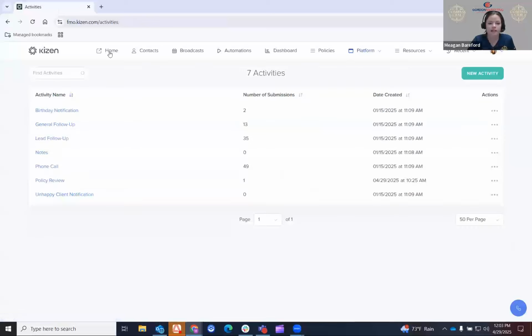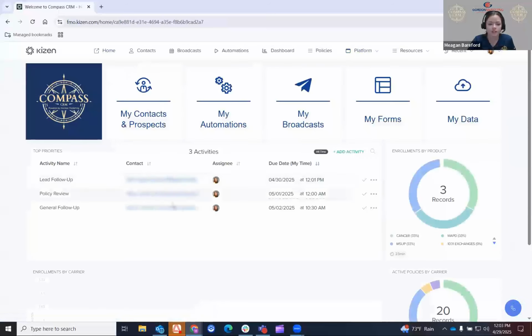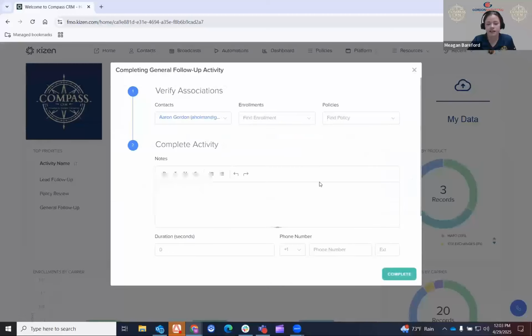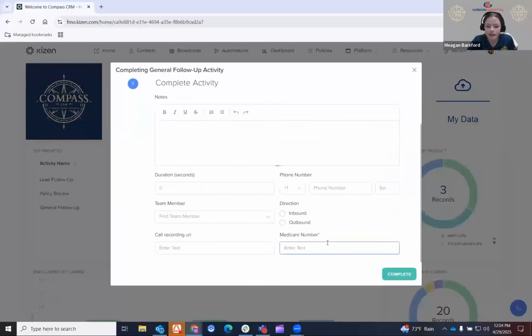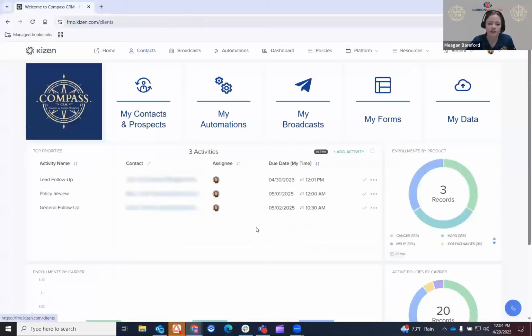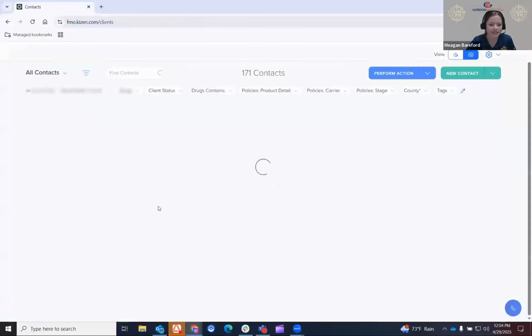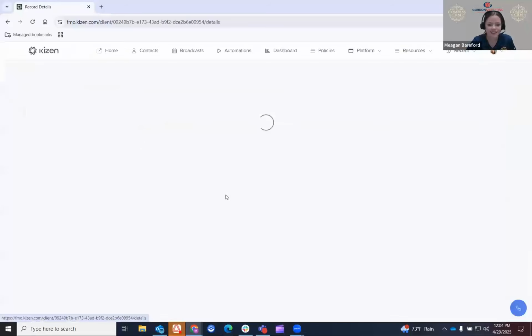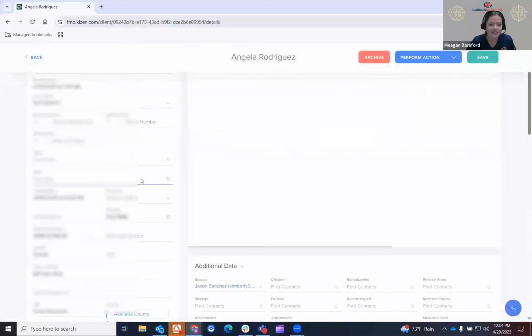So now if I go back to my home page, I have my general follow-up. I can go ahead and complete that. And oops, I don't have a Medicare number in there for Aaron, but it would be pulling in the Medicare number. So here, let's go to a client that has a Medicare number. I apologize for that. Okay, so